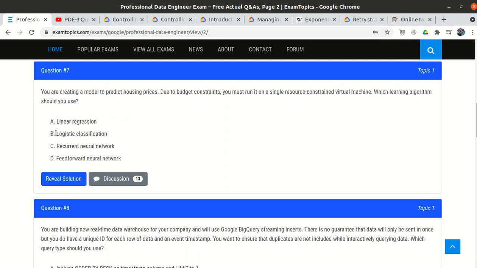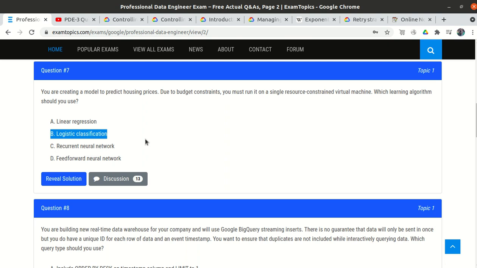Logistic regression we generally use in classification problems. An example of a classification problem: suppose a person applies for a credit card, and the bank will either approve the credit card or not. That is a binary classification problem, yes or no. Another example: suppose we give an image, and we need to decide whether it is a cat, a dog, or a monkey.